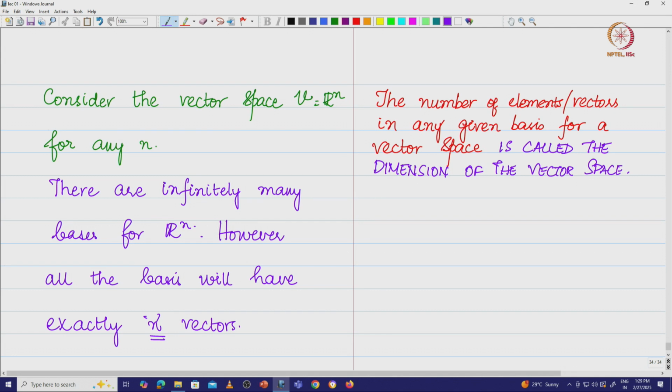So, now what do we have? We figured out what a linearly dependent set is, what a linearly independent set is, and why we need to look at linearly independent sets. We looked at what the linear combinations of a linearly independent set could generate. It generates a vector space, and the moment you generate all the vectors in the vector space, you can again pick n linearly independent vectors other than the ones you used to generate. So the set of n linearly independent vectors would form the basis, and the number of elements in the basis is called the dimension of the vector space.